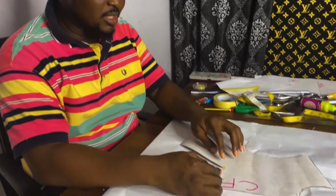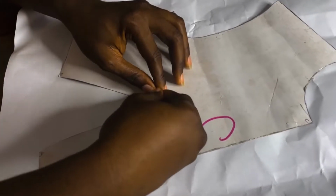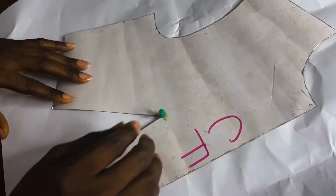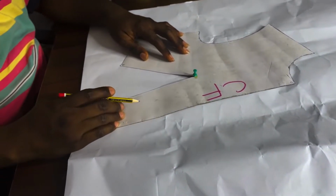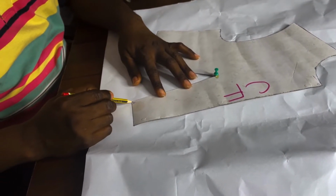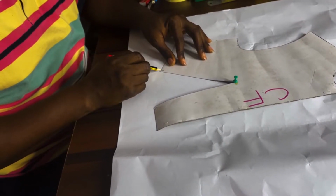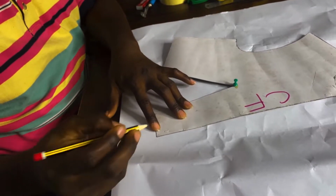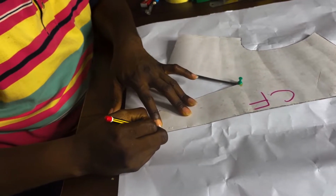For the pivotal transfer technique, I have my push pin here in my hand. So I've just placed my pattern on another paper. I will just push my push pin through my bust point area. And here I have labeled the first dart leg here in front as A. Labeled the second dart leg here as B. So I'll be labeling the center front waist where we'll be transferring these darts to as C, which is this